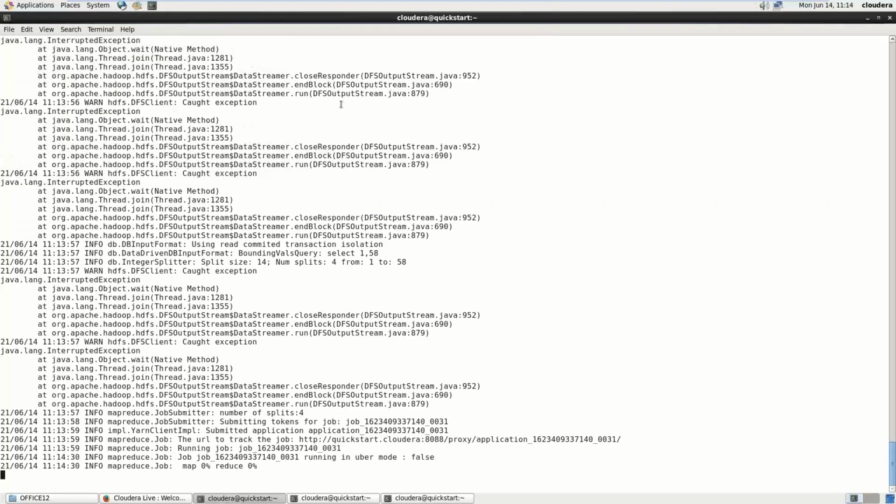Okay, let it be. So let it run, and then I'll show you the Hive table. So what it is doing, it is creating a Hive table for you behind the scenes, and it is pulling data from the categories table to your Hive table, and we call the Hive table test.